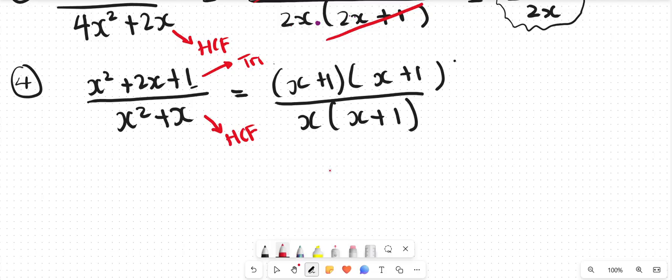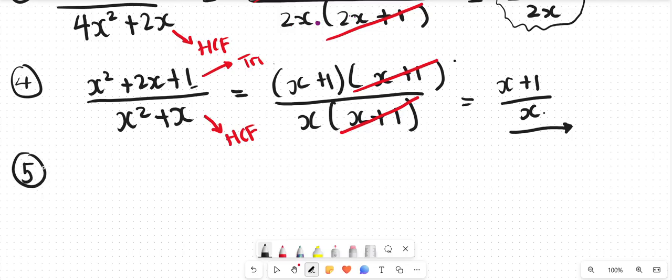And at this point, I notice the bracket that can cancel. I'm going to cancel these 2 brackets. Remember, only one bracket at the top cancels with only one bracket at the bottom. So what am I left with? I'm left with an x plus a 1 that is divided by an x. And this is my final answer. Very easy. All right. So we've looked at ones where we need to factorize the top and where we need